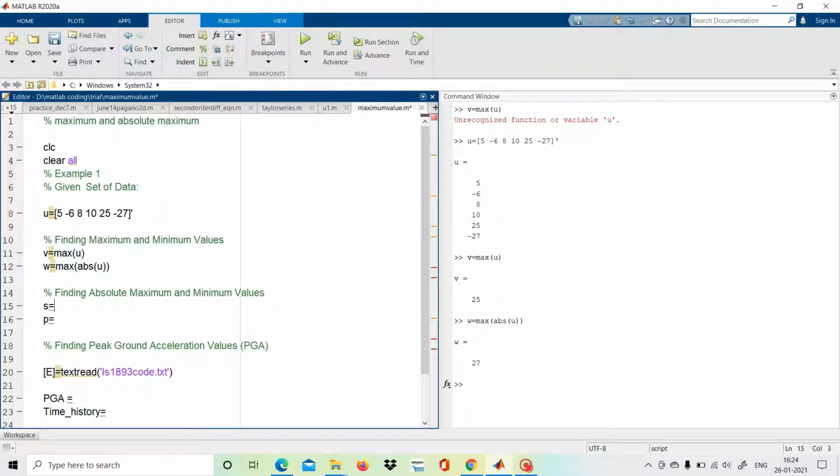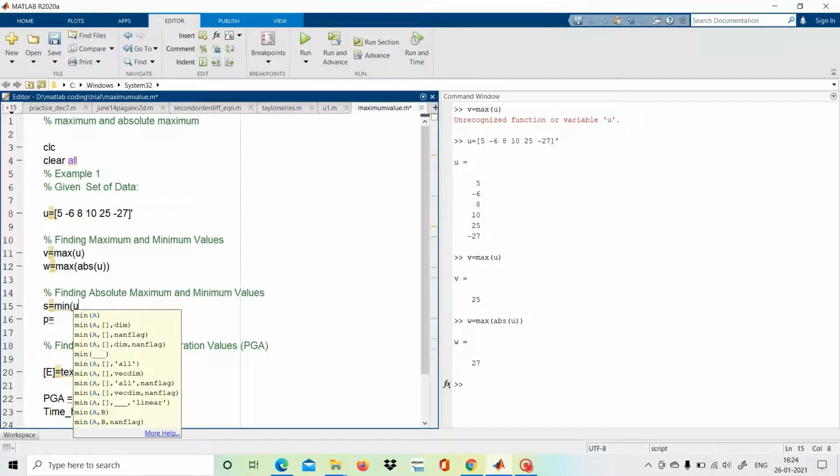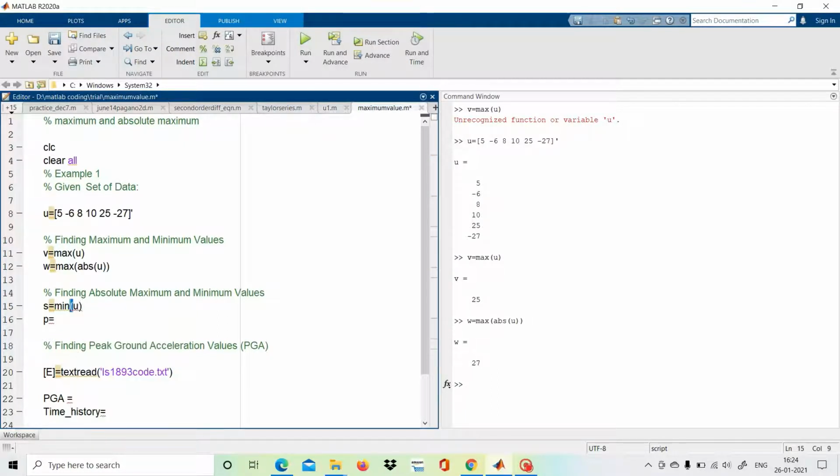Similarly, for minimum values, we use the min command: minimum of u. Let's find the minimum value.